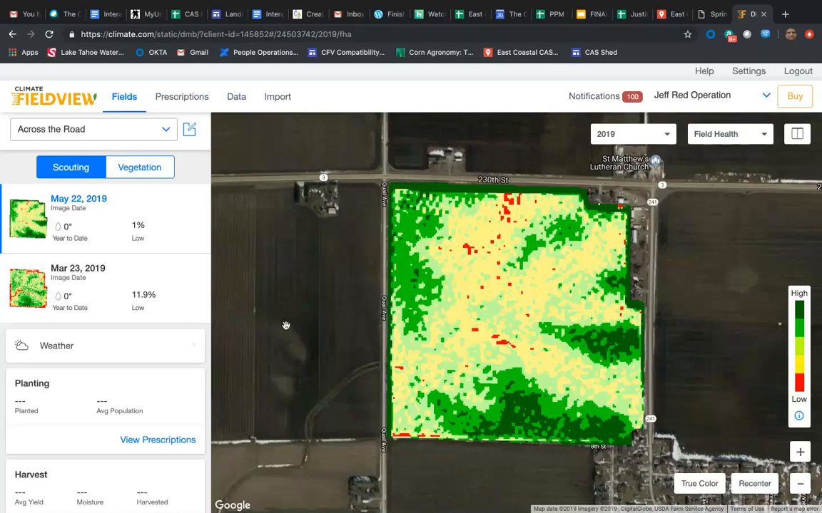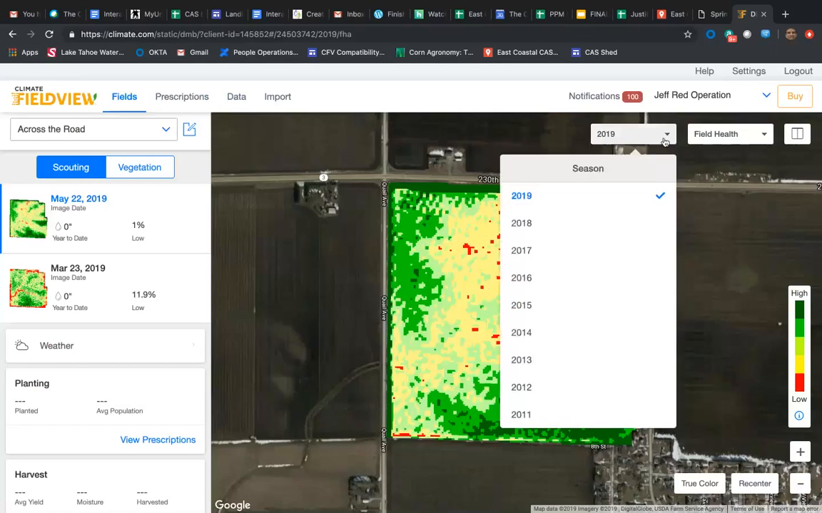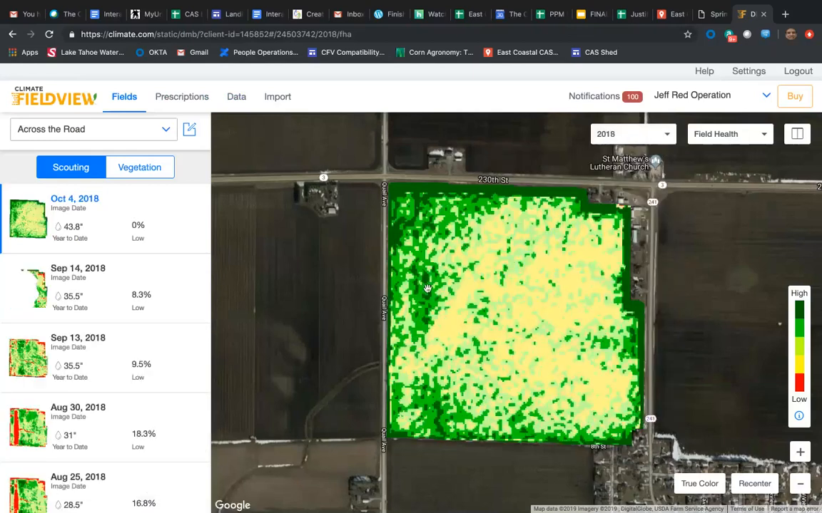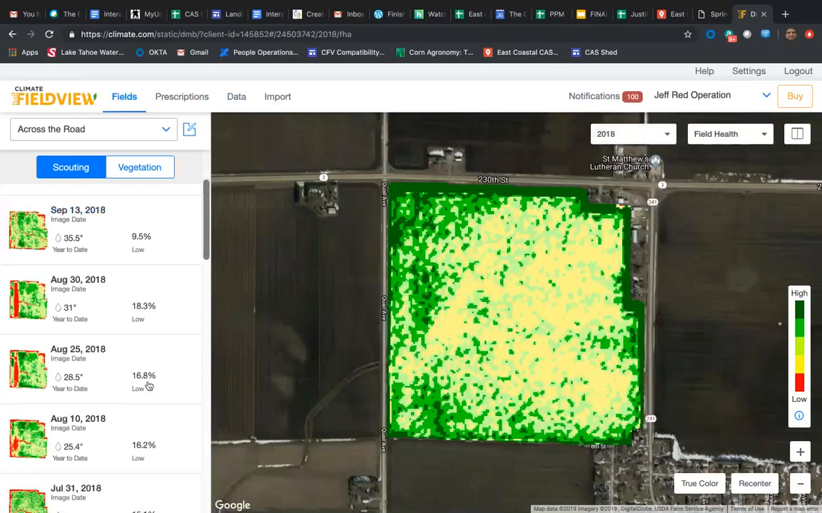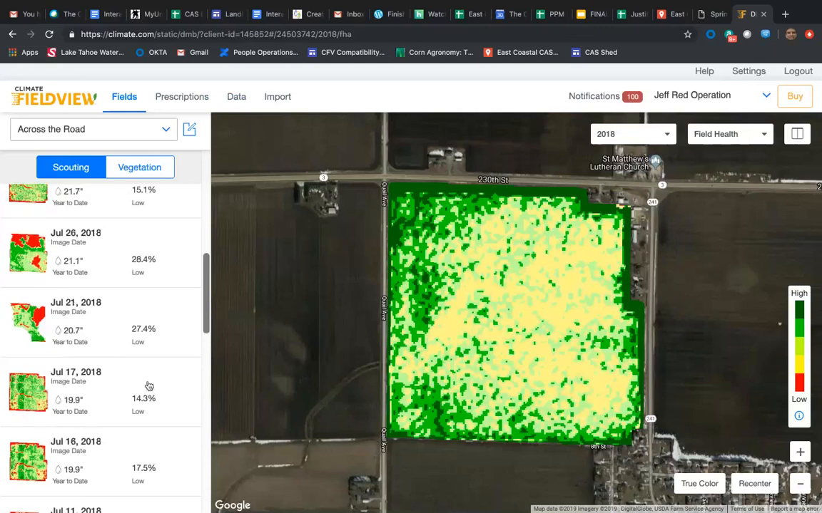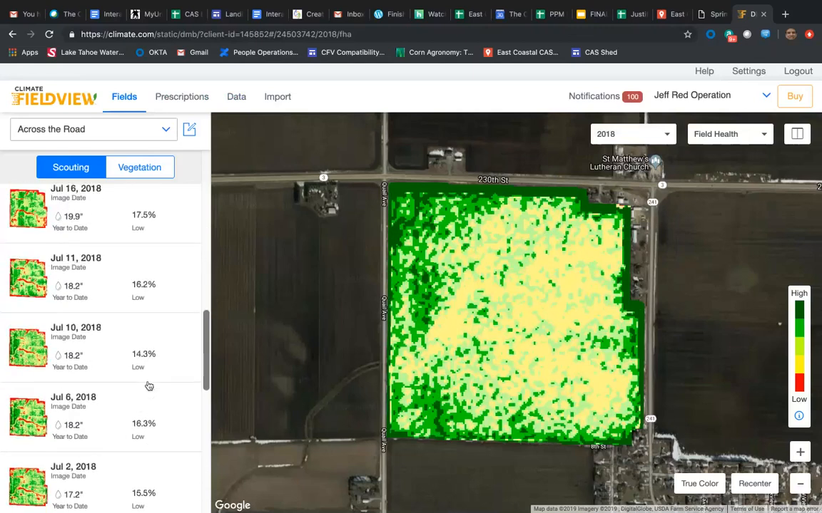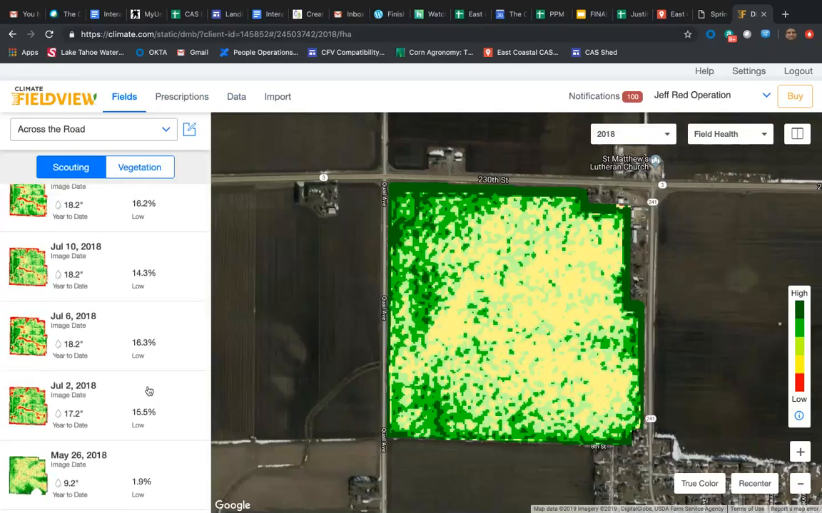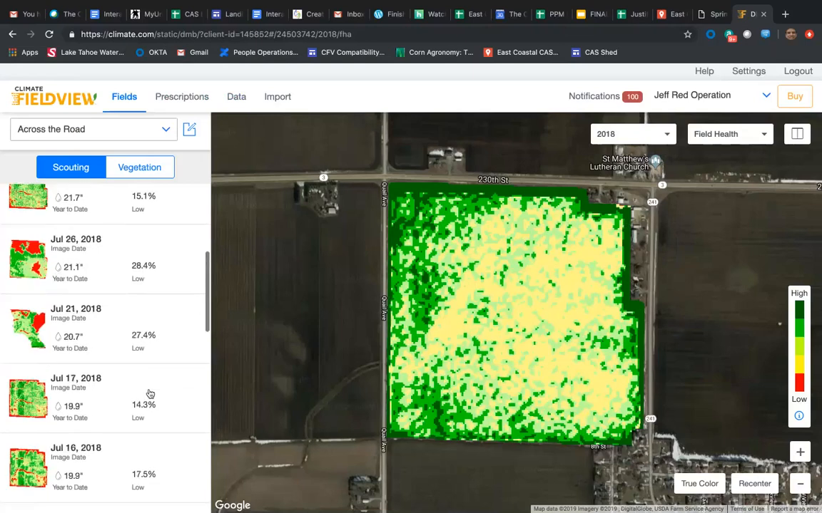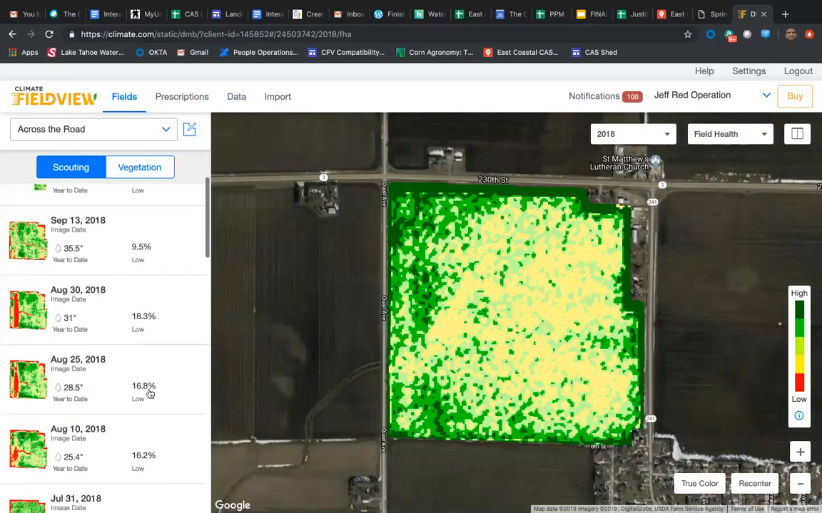But since we haven't had a lot of useful images yet this year, let's look at 2018 instead and look at that as a representation of what you might expect to get in the course of a normal year as things go along. So here I'm scrolling through the field health images on the left-hand side of the page that came in for this